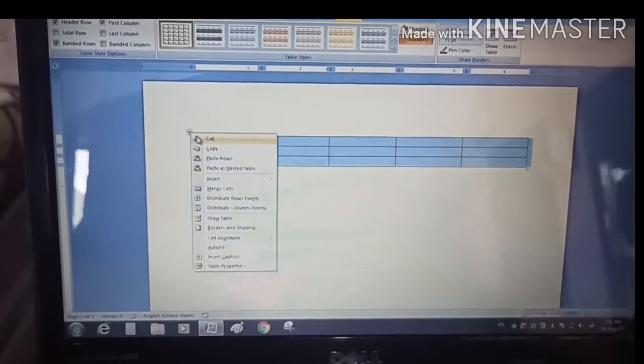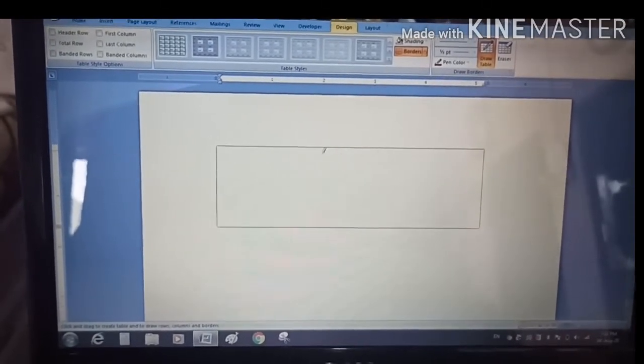And the third option to insert a table is with the draw method. So first of all, go to the insert table, and here is the option draw table. With the help of this option you can draw a table like you draw a shape.